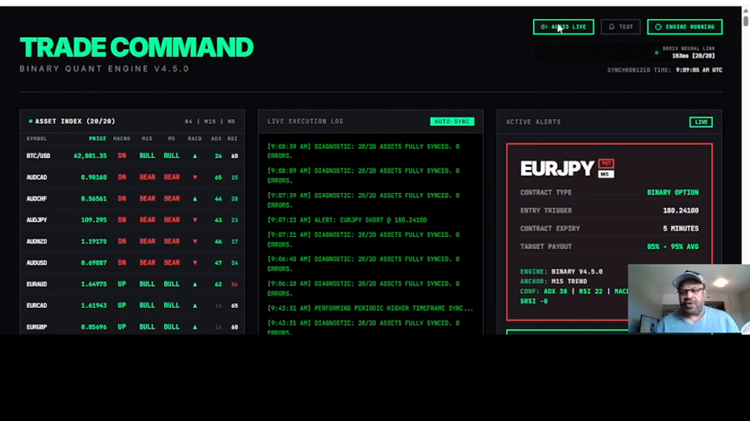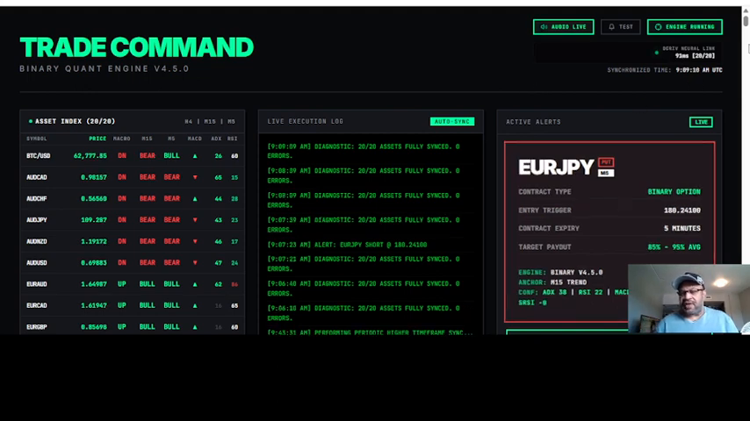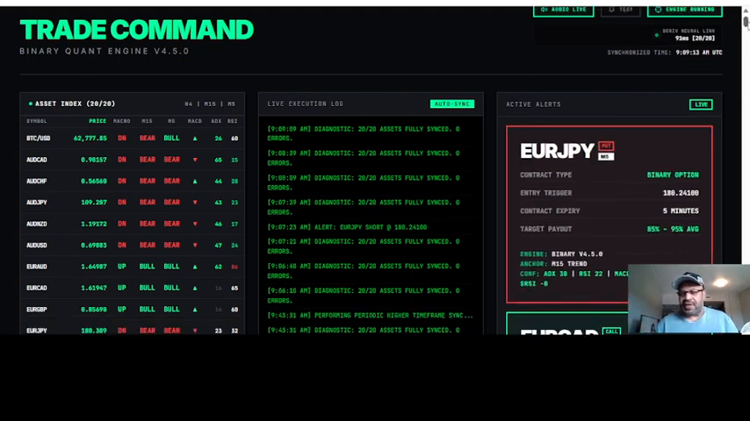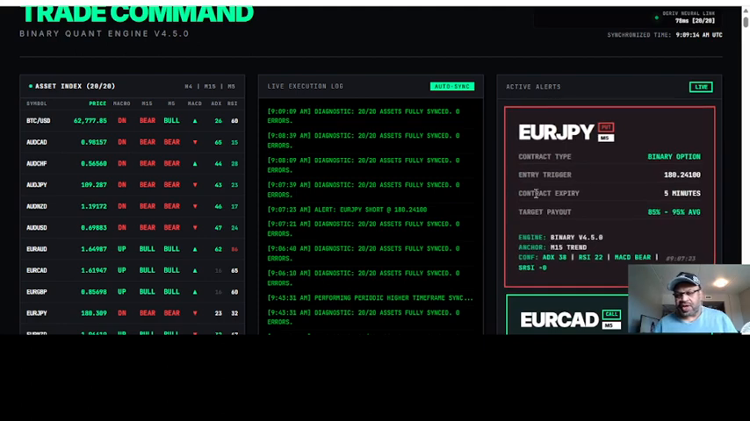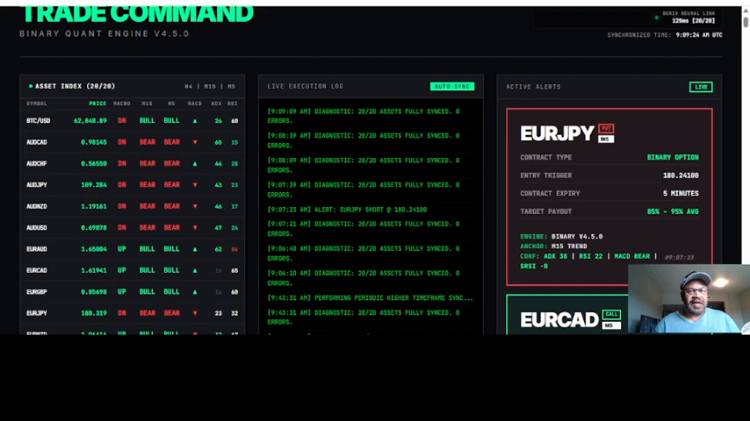I also have an audio alert feature, which you can turn on and off. We'll keep that on. And then to the right here, we see trade alerts that were generated. For instance, here we have a Euro JPY put or short signal of 5 minutes short. So what I'm going to be doing is I have my